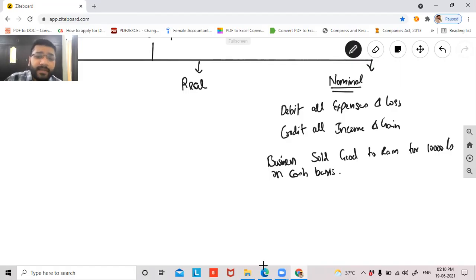This is an example, guys. First of all, is it a business financial transaction? First of all, is it even a transaction? Can I say a transaction involves two people? One is the business, another is a third party. So can I say business is involved here and the third party is Ram? So can I call this a transaction, guys? Tell me yes or no. Yes, sir. Is this transaction involving money or money's worth?